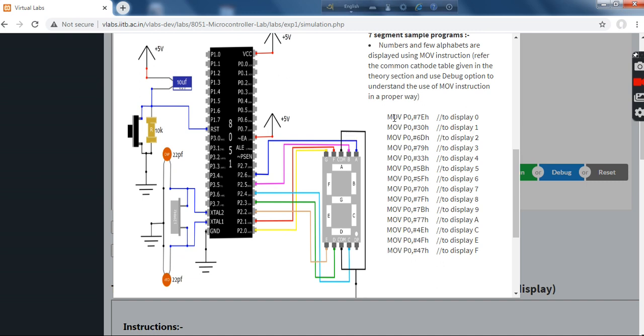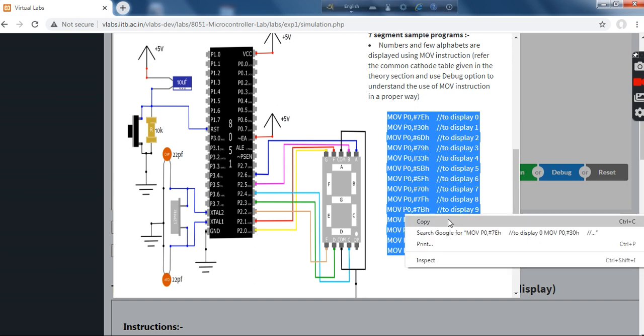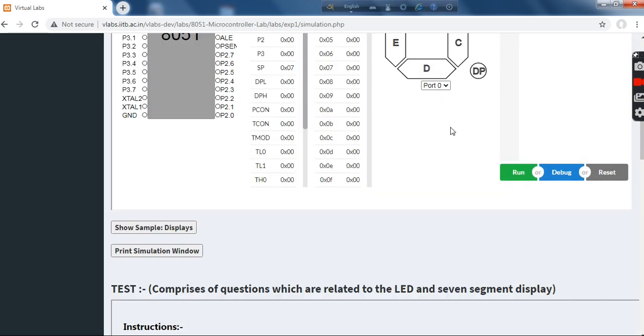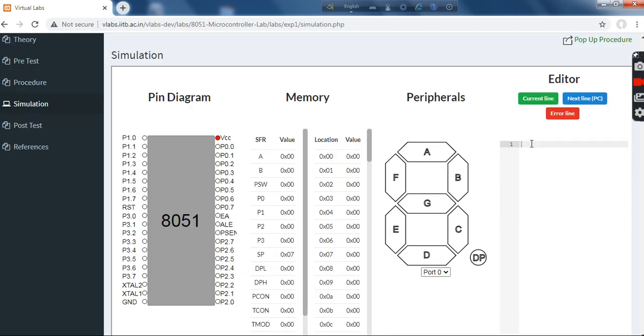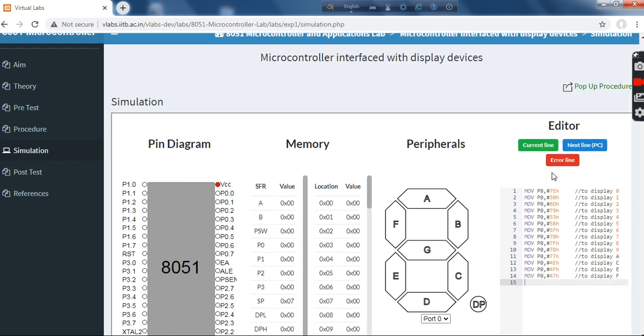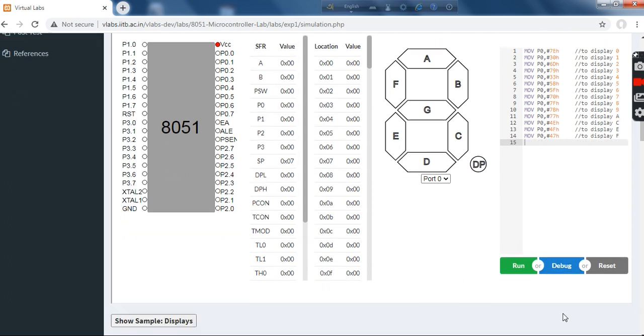Now what we are going to do, we are going to copy this program from here and then close this window and paste the program over here. I have pasted the program over here. Now as the program includes port 0, we are not going to select any further port. After that we are going to debug this program.